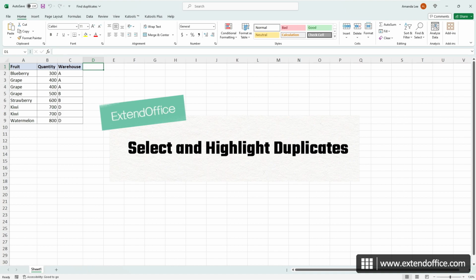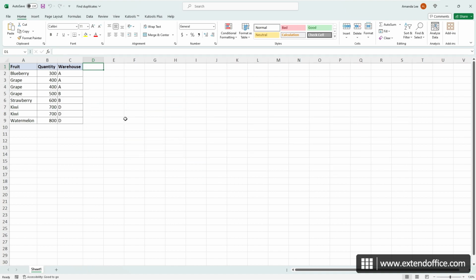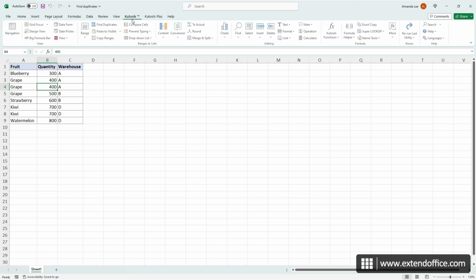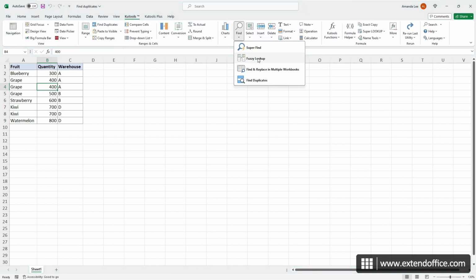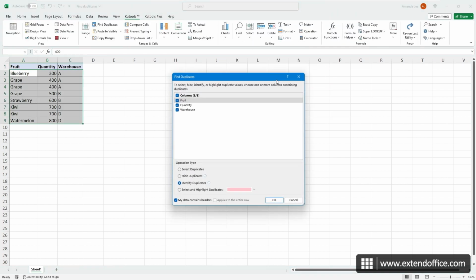In this section, as an example, I will select and highlight duplicate rows that have entries matching across all columns within the dataset and exclude their first occurrences. First, click on a cell inside the dataset. Then, on Kutools tab, select Find Duplicates. As you see, Kutools has automatically selected the whole dataset for you, and the My Data Contains Headers option is